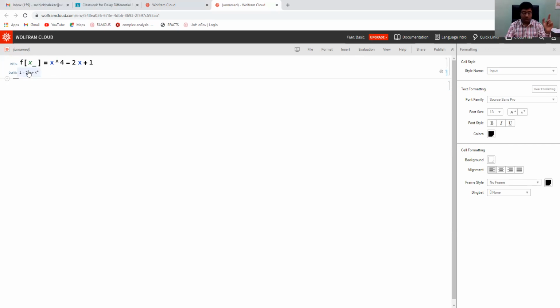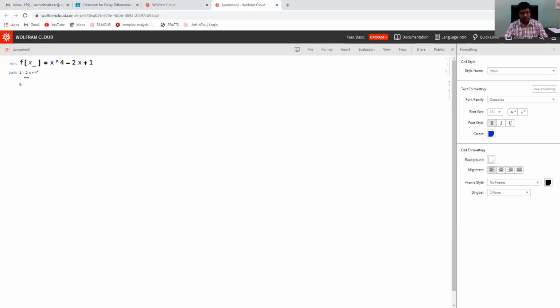There are some important color codes. Earlier the color of F was blue. If I am writing Z here, you can see the color of Z is blue. F becomes black, which means it is accepted by Mathematica. Everything which is either inbuilt in Mathematica or accepted by Mathematica is shown in black color. If there is a red color, then there should be some error.